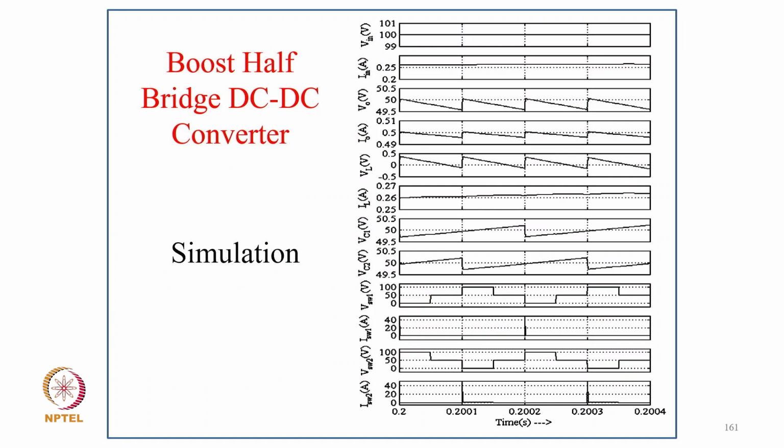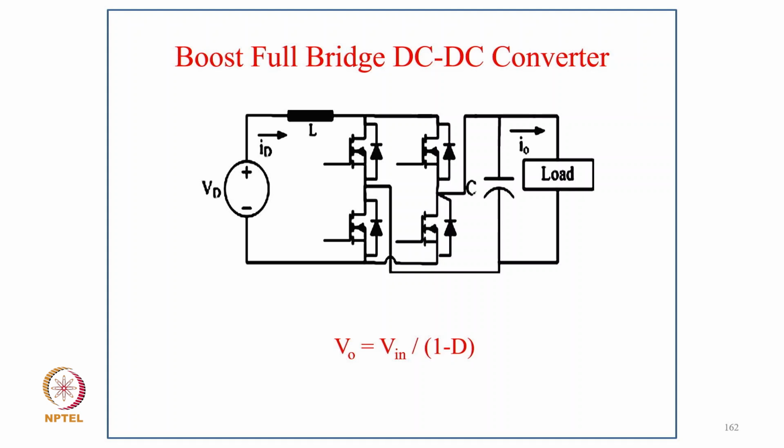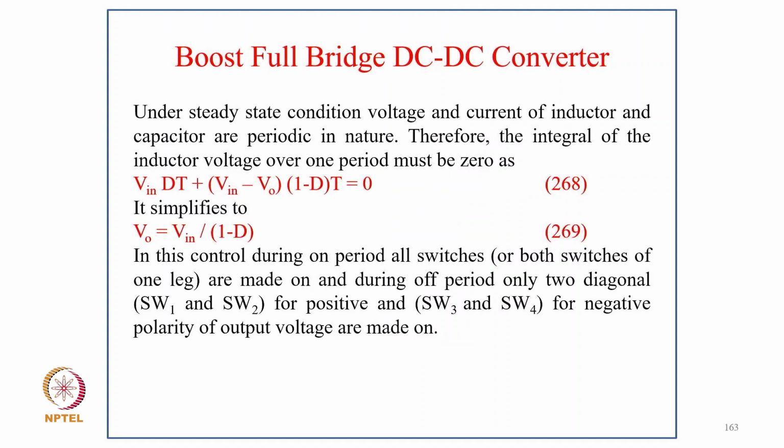And these are the typical waveforms of the boost half bridge DC-DC converter. Now coming to the boost full bridge DC-DC converter, as you can see, if you put an inductor in series with the input, it becomes a current source, and now this relation becomes V0 equal to Vin by 1 minus D. So now under the steady state condition, voltage and current waveforms are periodic in nature,